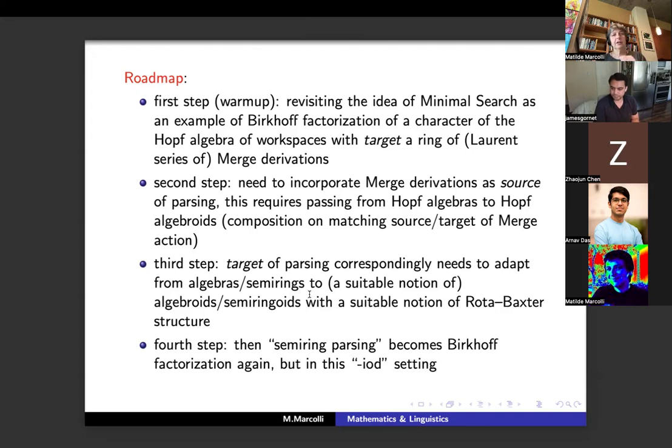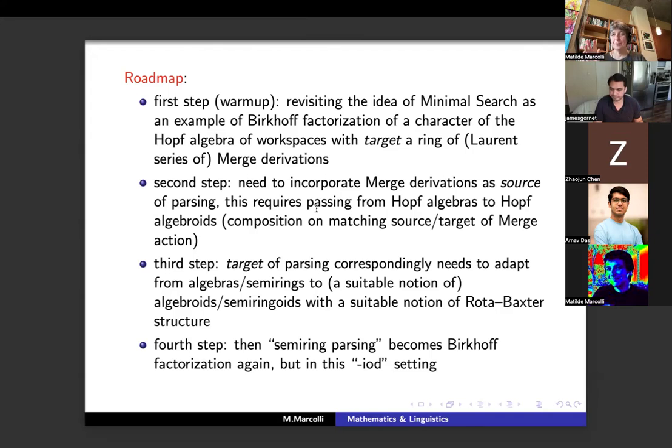And so here it's still the case that I'm going to construct a certain ring of merged derivations, but I still don't have a Rota-Baxter structure. I'm going to keep it as the target ring and still use a character from my Hopf algebra of workspaces, and that will filter out certain derivations and keep others. And the next thing that I want to do is that now I want the derivations to be the source